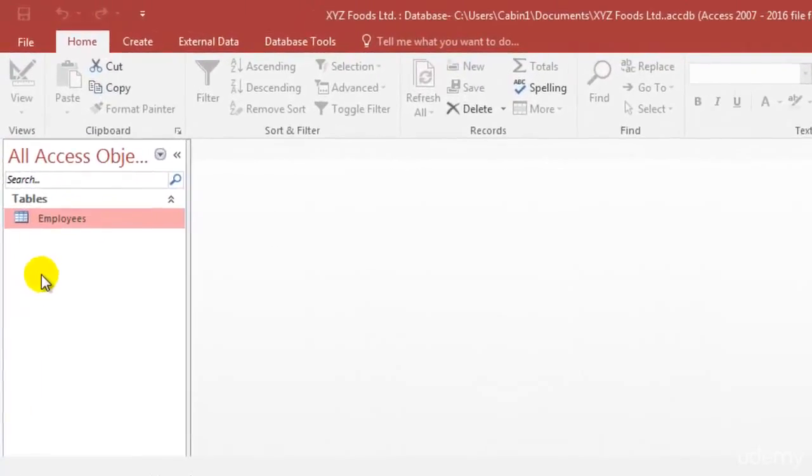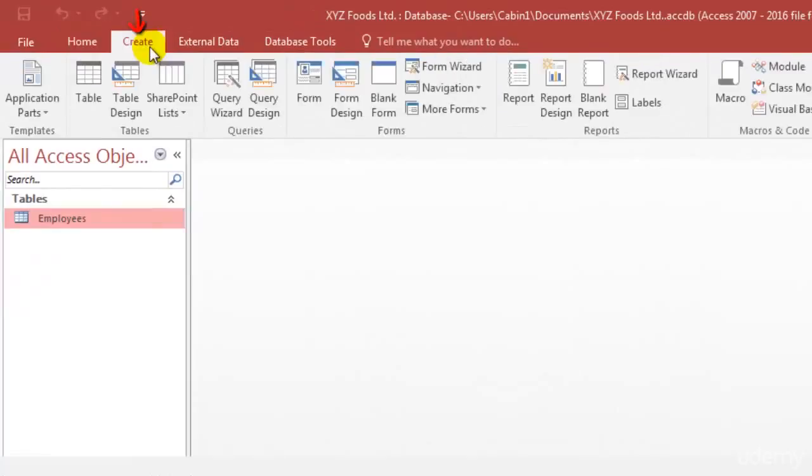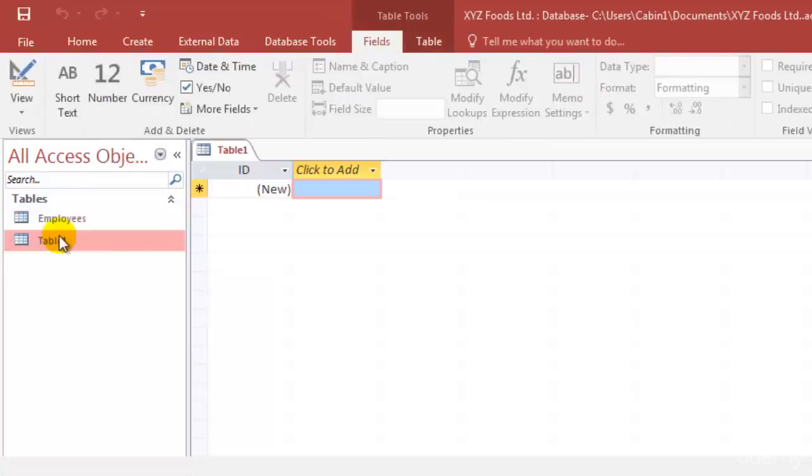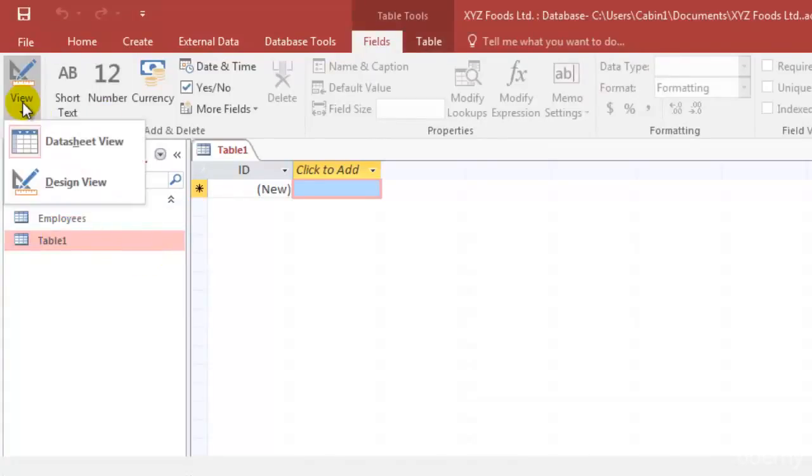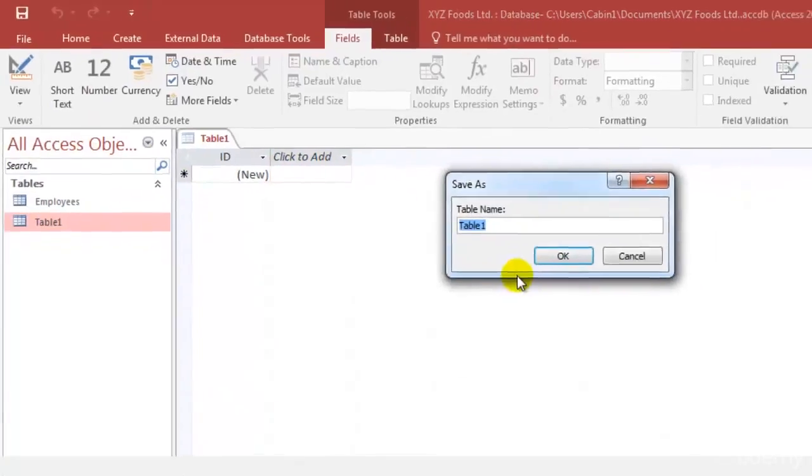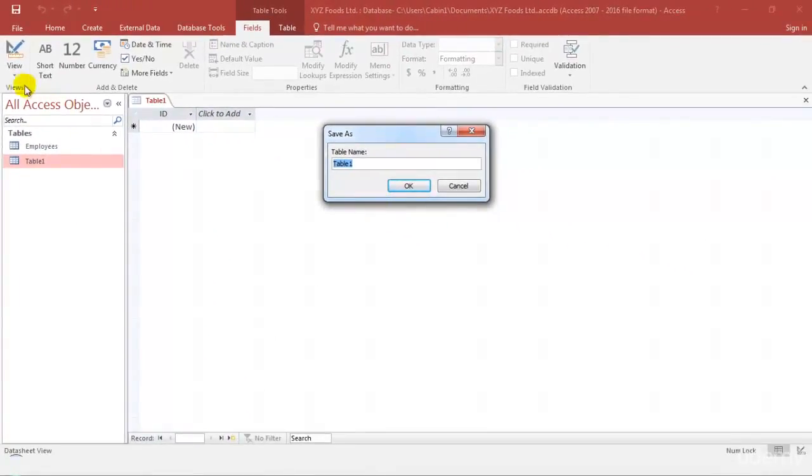So what we can do is, as you all know, when you want to create a table, we go to the create tab and click on table. So this is the table that we want, and we are going to create it in the design view. So let's go to the design view, and as soon as I click on the design view, it will ask that we need to give a table name. The table that I'm going to prepare over here is the orders table. So let's give this a name,